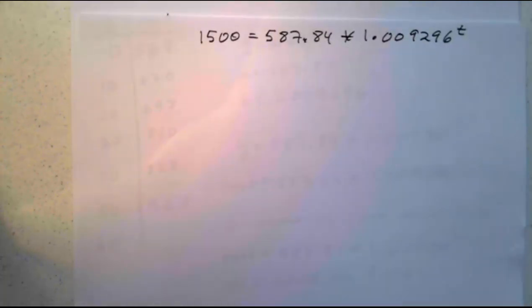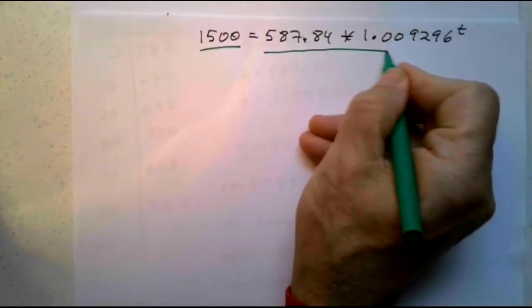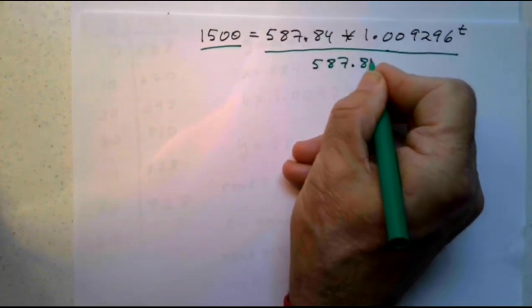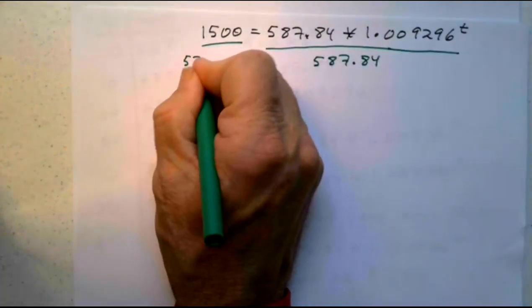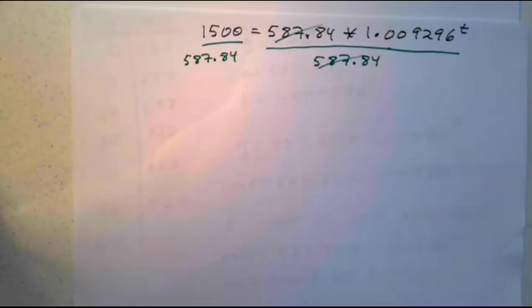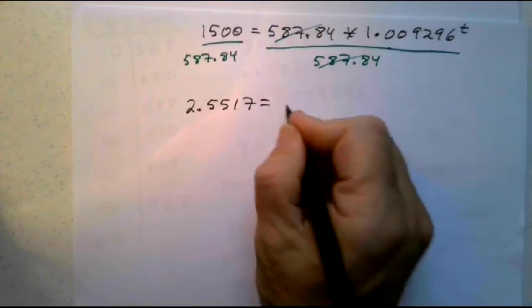This is multiplication. So to undo multiplication, I have to divide both sides by that multiplier, that multiplier being 587.84. Divide the right by 587.84, divide the left by 587.84. So on the left, we get 1,500 divided by 587.84, and I get about 2.5517. Again, keep a few decimal places here. 2.5517 equals